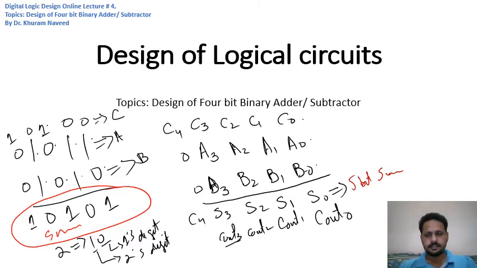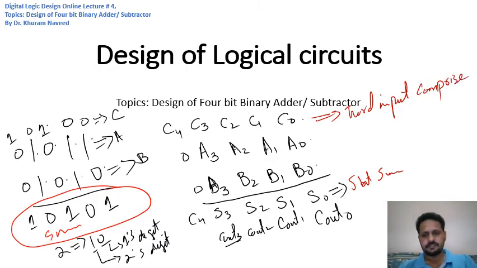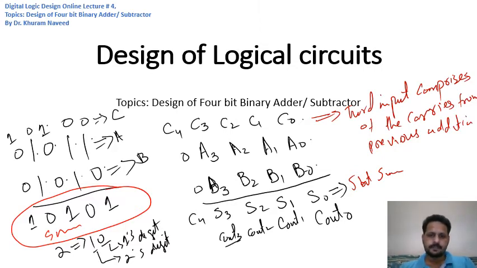Right, and it has a third input that comprises the carries from the previous addition. Which means this C0,